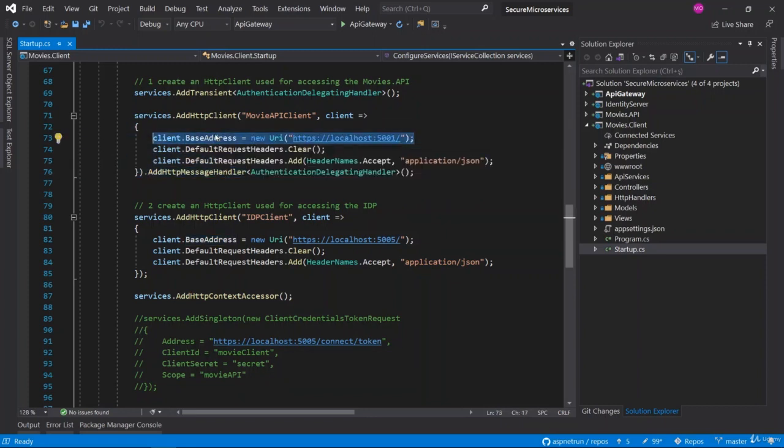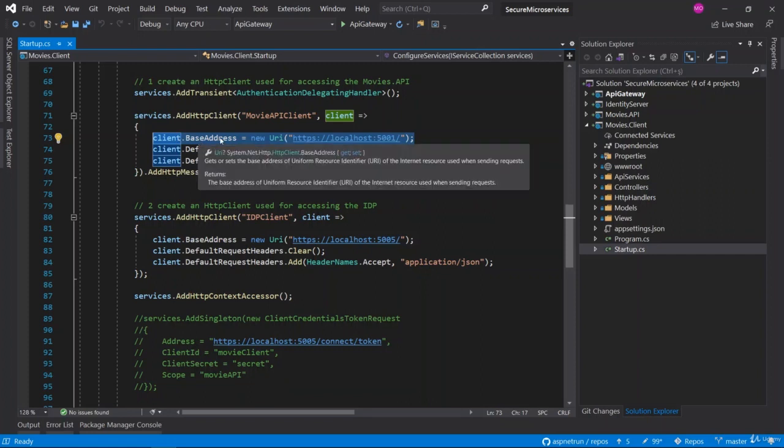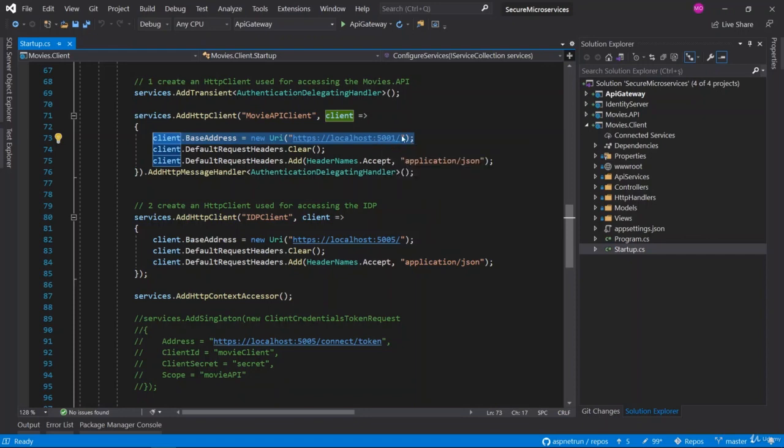The important thing is the base address, because we are referring to 5001 as the base address, and we are consuming the movies API from the actual internal service API. This is the internal microservice for us, and we would not be directly reaching and accessing the internal microservices like that. So that's why I'm going to remove this port and set it to 5010.